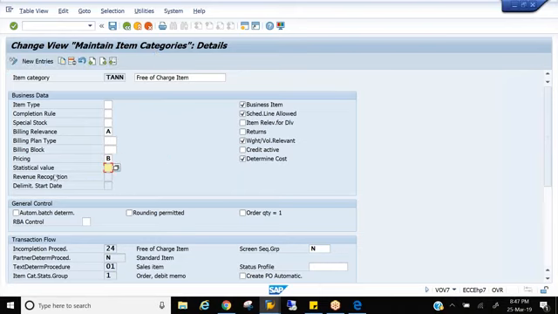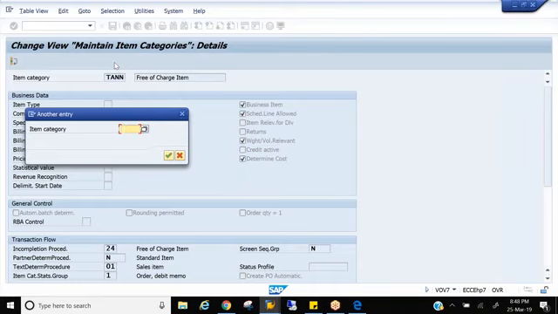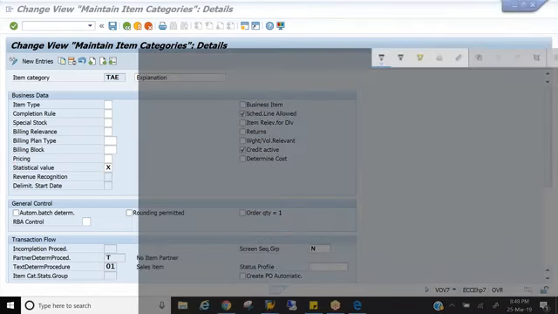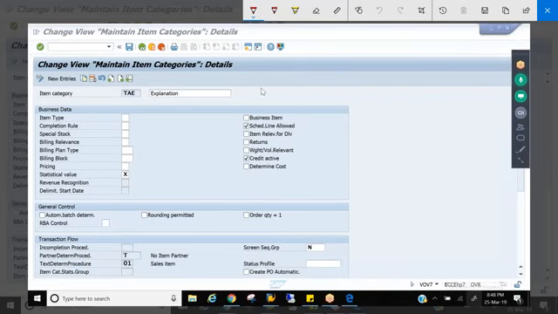Then next is statistical. This statistical value is applicable only for one scenario, that is a BOM item. BOM item is TAE. You see, only for TAE this is applicable. BOM. So what does statistical mean? Computer, right? You have subcomponents, CPU, you have mouse, you have keyboard, and all these things, right?